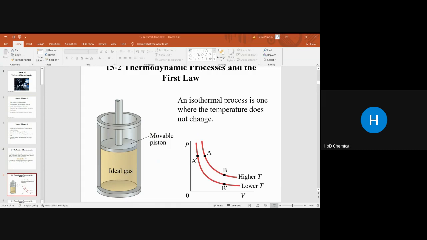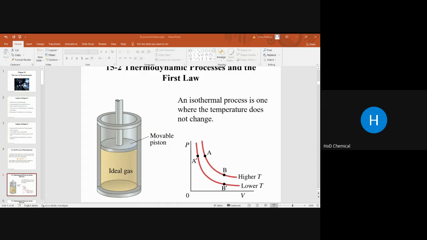For example, a reaction takes place in a Dewar flask. We all know about the flask. The flask system is an adiabatic system. Now we already have an idea about the isothermal system and the adiabatic system. Now we have to use this in the application part. Application part means the examples. Now I'm going to talk about examples of the isothermal system.